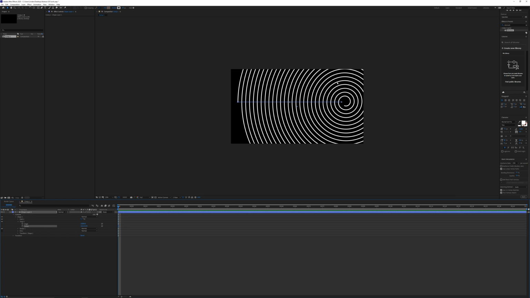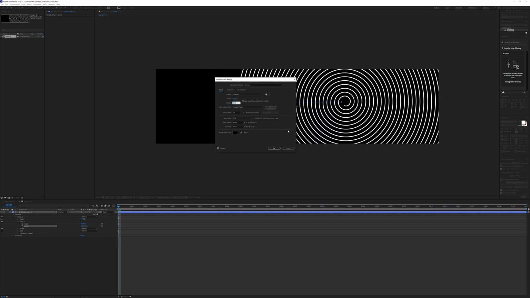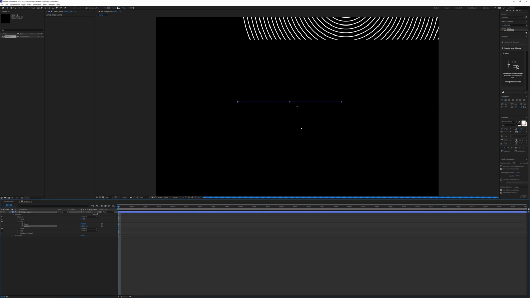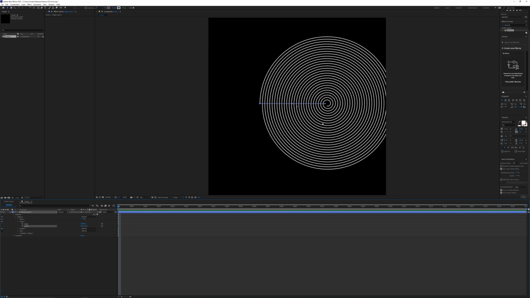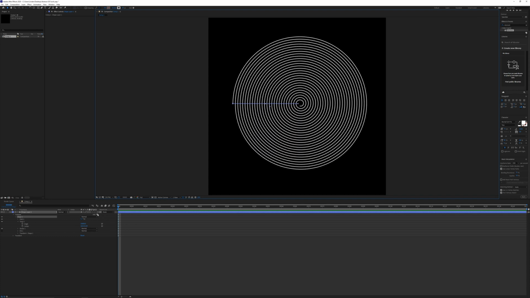For this next part, we actually need to see the rest of the twirl. If I zoom out here, you can see that most of this is cut off. So if we do Control K, I'm going to actually increase the resolution to 8K. So an 8K square, just so we can fit in the twirl. Now for this, it is important that you use a higher resolution rather than a lower resolution, because after this, we're going to be using the auto trace, and the auto trace does a much better job if the pixels that it's trying to trace are clean and they're not aliased or pixelated. So if you're using a full HD 1080 workspace, then I would double that to 4K just to do the trace. In this case, I am using a 4K image, so I want to double that just so we can work with something. Let's drag this out to the center.